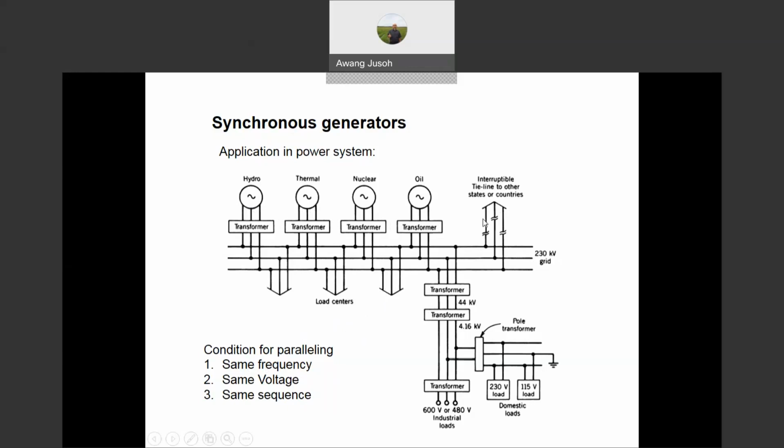Okay, this is an example of the grid line. We have the grid line there, depending on what kind of grid. Now we can have 275, we can have 500 volts, and some other kinds of grid. And then after that, before the consumer can use it, you need to step down again using a transformer there. For example, in this system, 230 volt, step down to 40 volt transformer, and then step down again to 4.16 kilowatt transformer, and then step down again to the 600 watt or 400 watt used for industrial load.